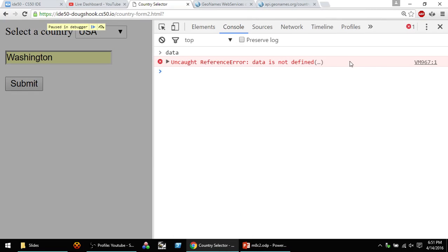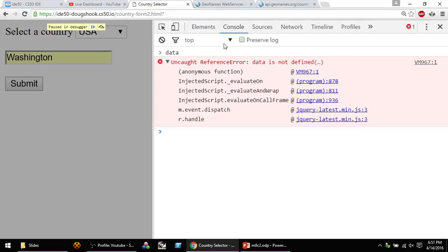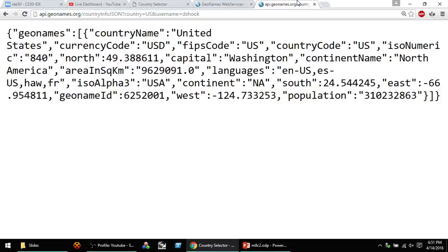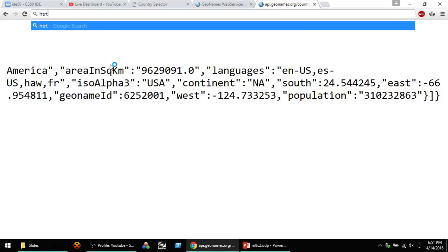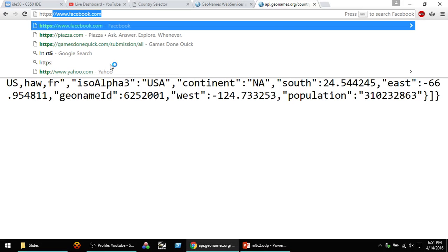See, it says data is not defined. That's a problem for sure. The fact that data doesn't exist is a problem because I did define that in my anonymous function. I think for whatever reason, it's not liking the HTTPS that I'm using. And that's really frustrating to me. Let me see if I can